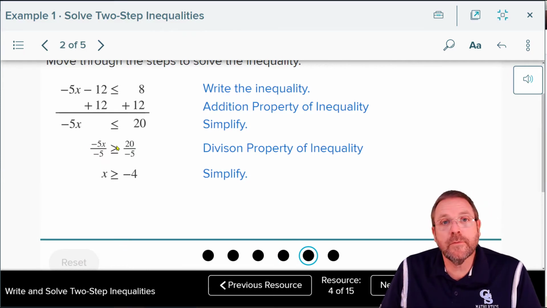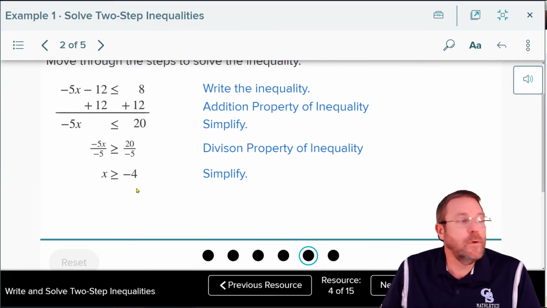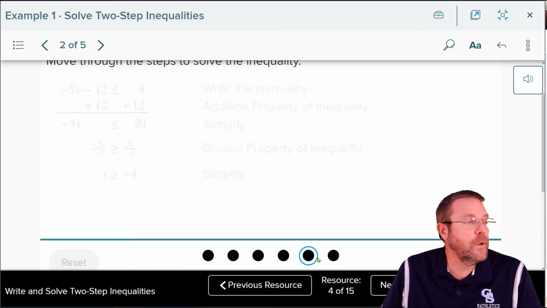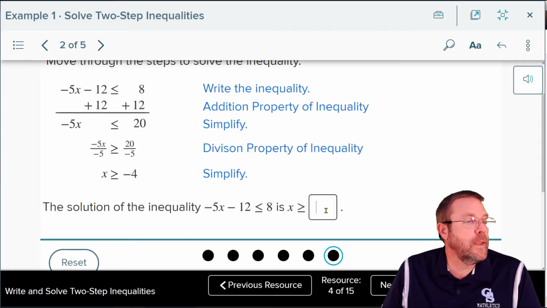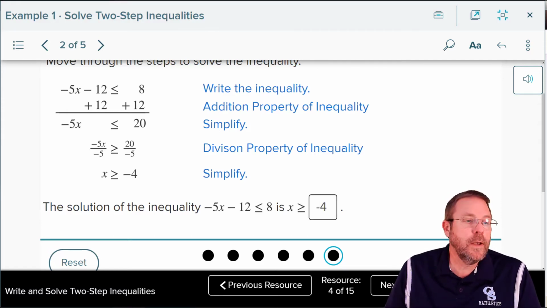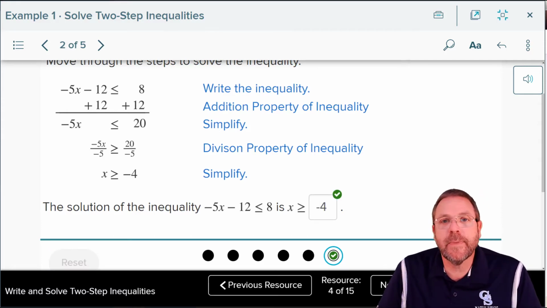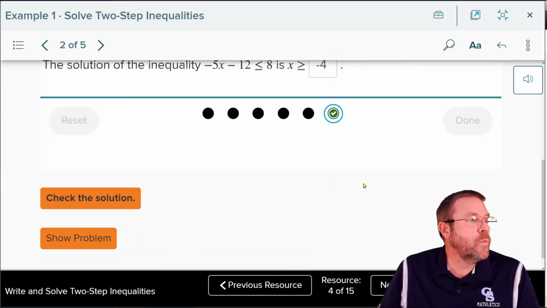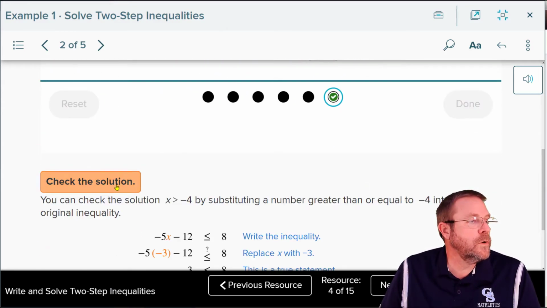1 times x is x. The greater than or equal to comes down. 20 divided by negative 5 is negative 4. So your final answer is going to be x is greater than or equal to negative 4. Check it. Easy math. Now that is how you work the problem, but they also want you to talk about